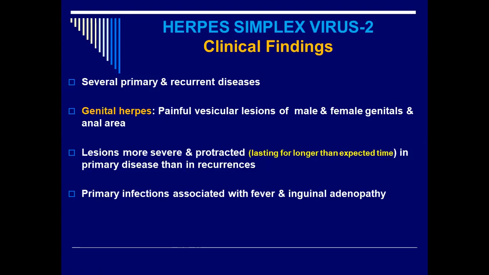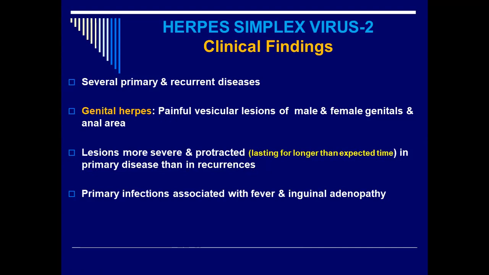You suppose that maybe the healing would take place within 1 week's time. It may take 5, 6, 7, 8 weeks' time. This is what we call protracted healing. Healing lasts longer than the expected time, and the primary disease is then in the occurrence. So the primary lesions go for a long time. The recurrence lesions cannot go that long. So the primary lesions are severe and protracted, whereas the secondary reactivated lesions are not protracted, and